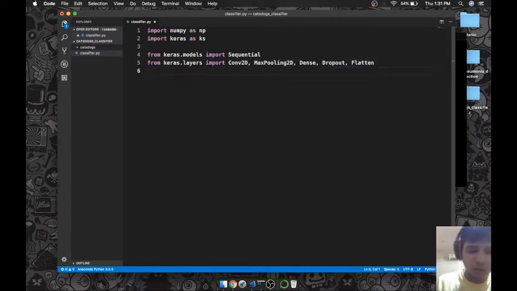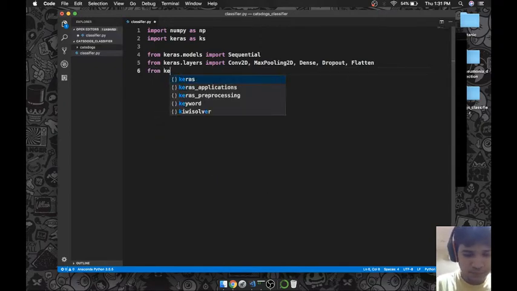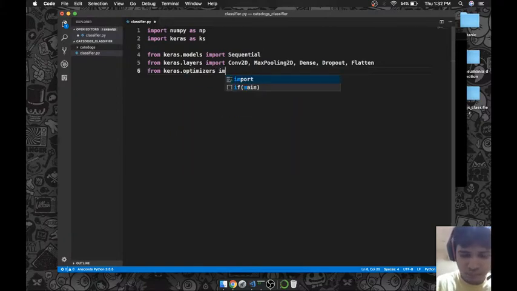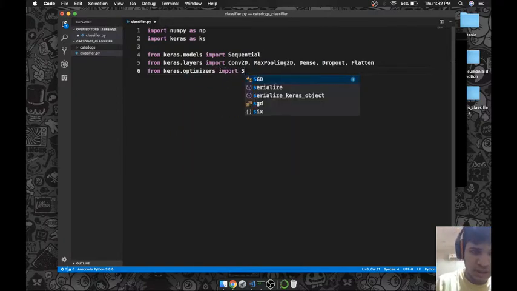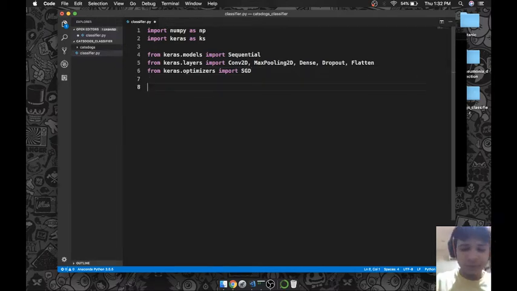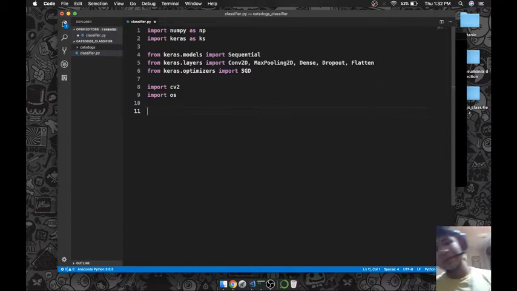Now the optimizer. We will be importing the stochastic gradient descent optimizer. Then we would be needing CV2 and OS, and we're done. Now what we will do is we will make a function to load the images,